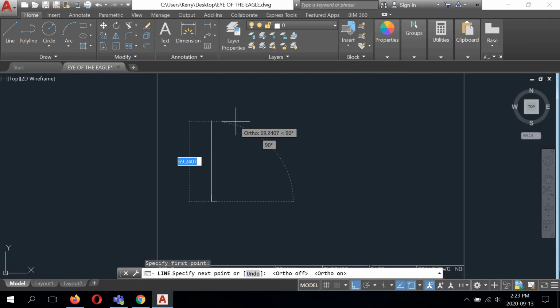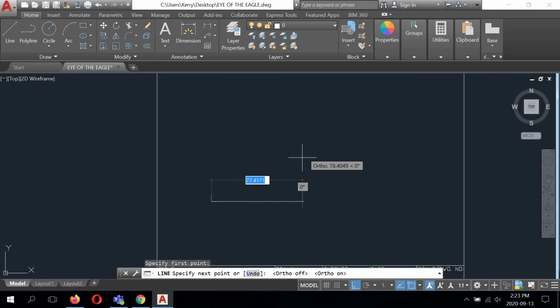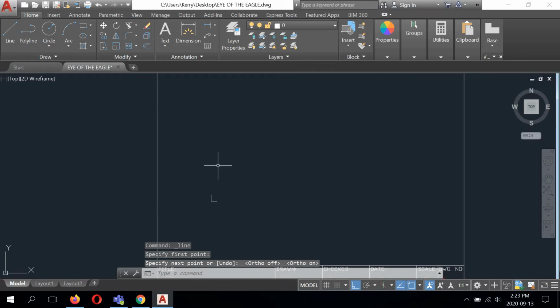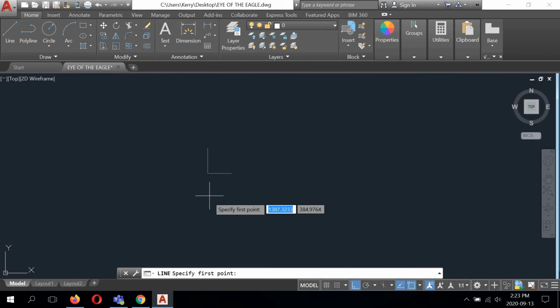I've already snapped my line to the start of the origin, but I will cancel this and do that again. So I can hit the right click, left click, enter, and that will escape me from the line command. So to start again, I'm going to pick line, ortho is on, zoom in, start at this